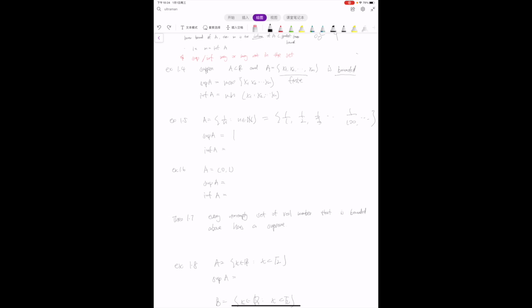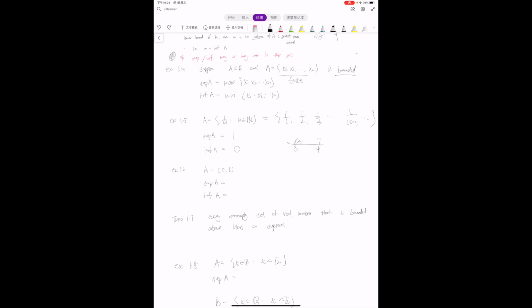And the infimum of A, what is the infimum of A? The smallest number goes super close to 0, but it will never reach 0. So therefore, the infimum of A will be 0. And we know that 1 is within this A, but 0 is not in this A. So again,